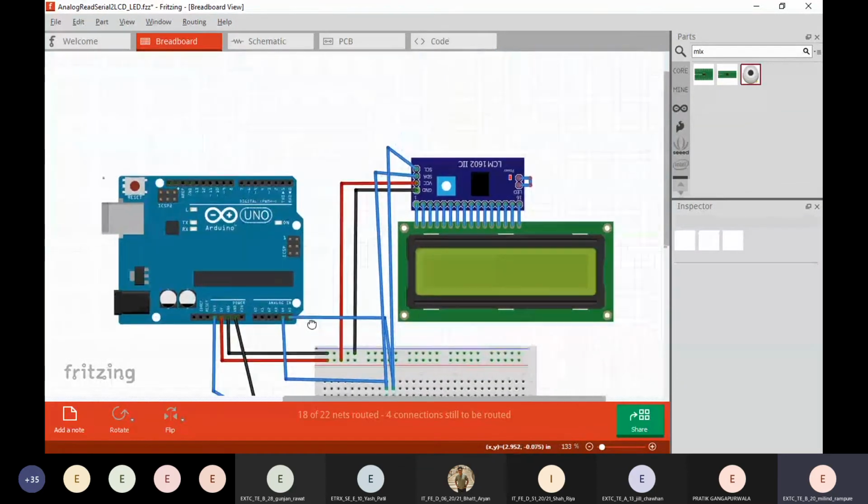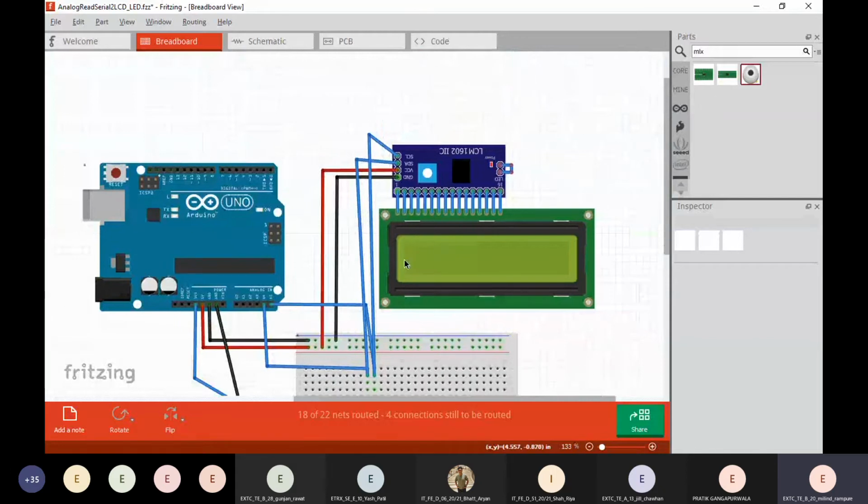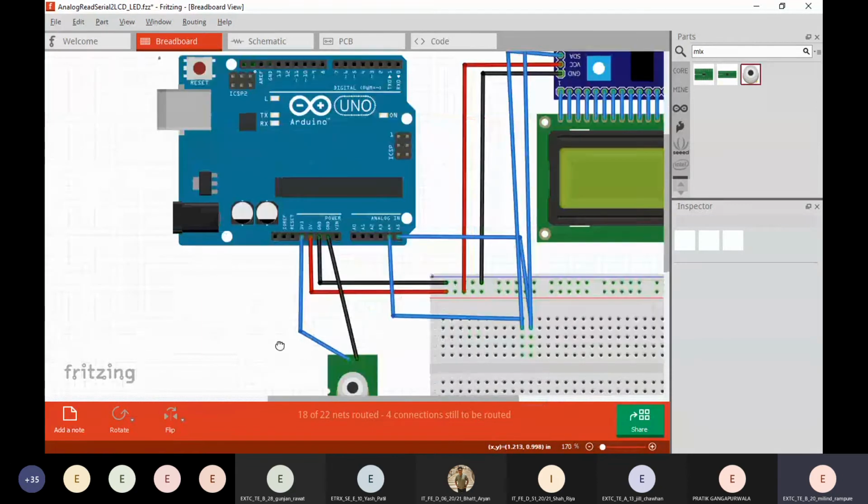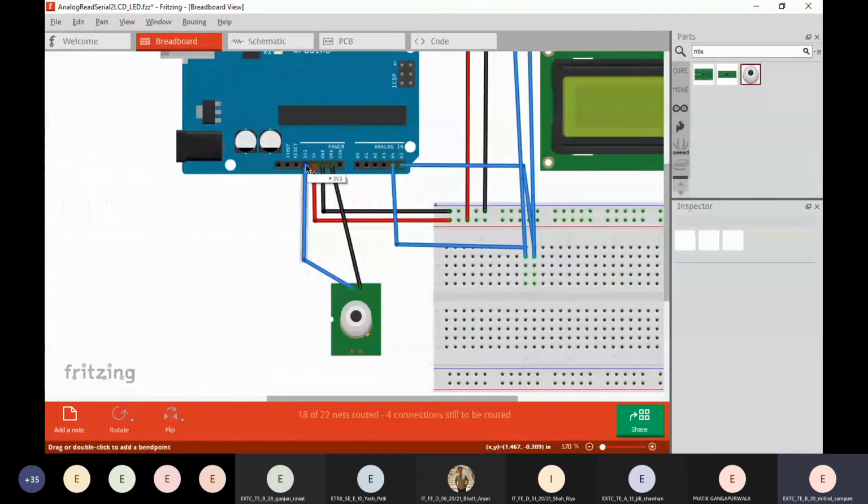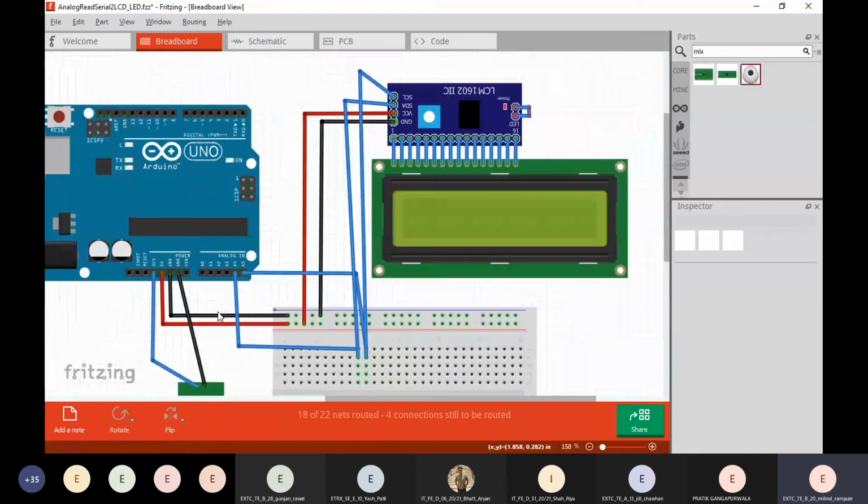One more thing, this I2C LCD works on 5 volts. So for powering, we are giving this 5 volts from this Arduino board itself. We are powering this other sensor, the MLX, on the 3.3 volt pin of the Arduino. I've connected the 5 volts to this side of the breadboard where all the lines are horizontally connected. I've connected the ground, and as you can see, VCC is connected here to the 5 volts.